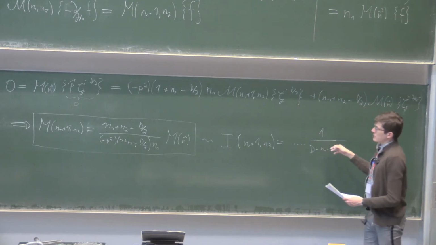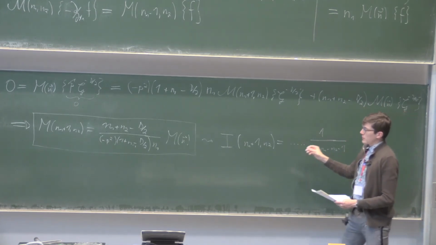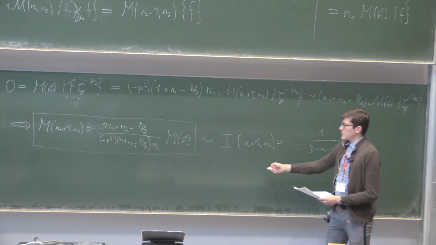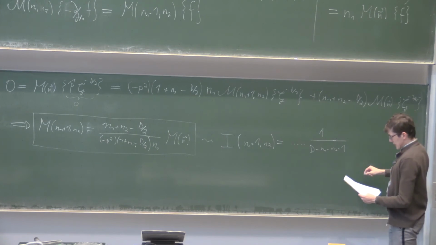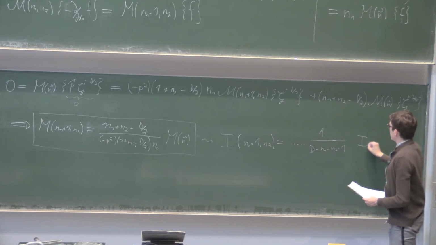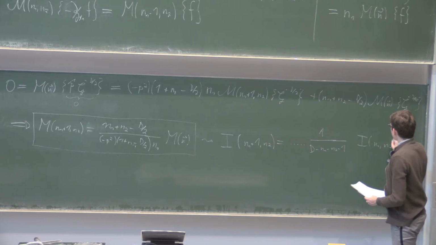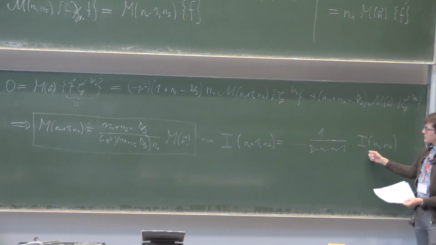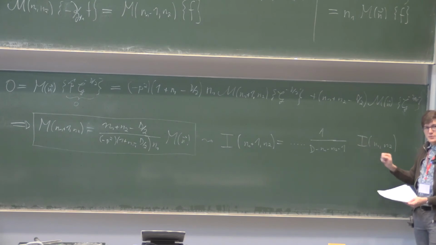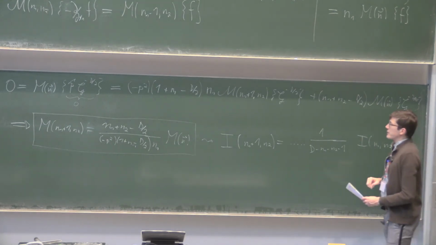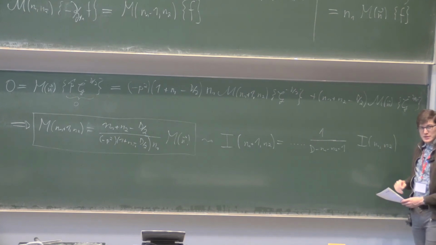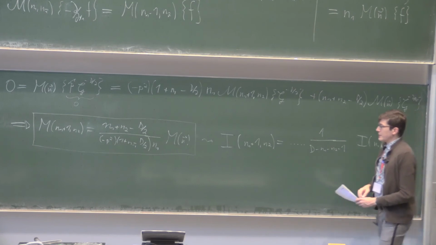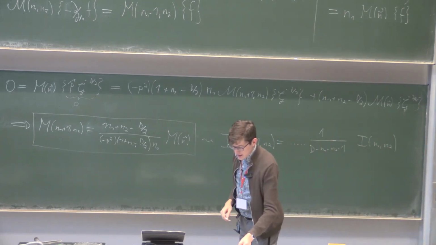So the formulas for integration by parts always look a bit more complicated when you write them down for the Feynman integrals as compared to just these Mellin transforms. So you get this extra factor times I of n1 and n2. And you can, as an exercise, check that this is the same relation that you get from your momentum space way of doing things. Of course, you can also take the gamma functions that express this integral and check that this is the correct equation. Yeah, so what I want to bring across here is that